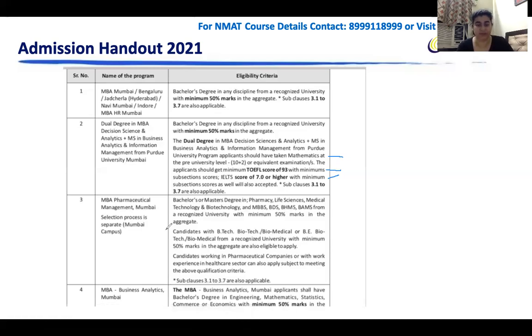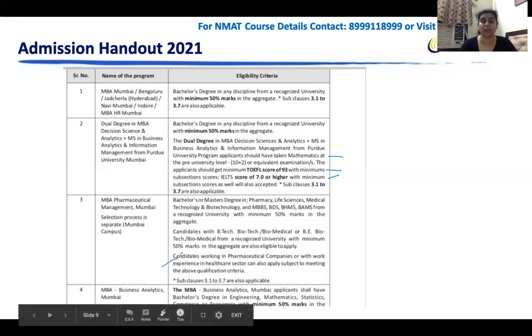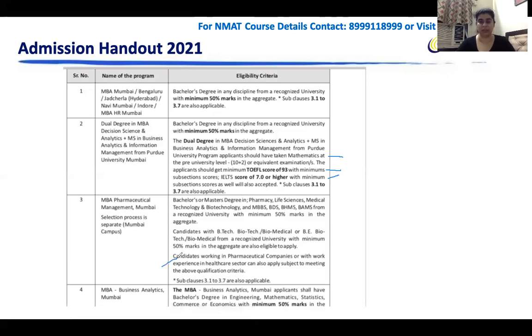And if you have not done graduation in these but you have relevant experience of working in pharmaceutical companies or in the healthcare industry, you are still eligible. A lot of people start with probably core engineering and shift to the healthcare industry and have made a career there. Then also you are eligible here.